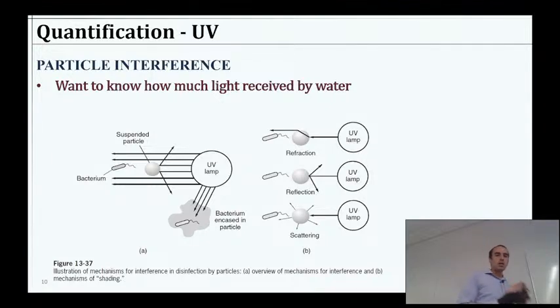But in general, it's just good to know the dose here is the amount of light that the solution experiences, right? So if we have large particles in there that could shield the bacteria and the viruses or scatter the light away, that's not so good. So we want to do our filtration steps beforehand, before UV light, to have nice clear water for it to transmit through. So that's what's illustrated here. If we have a UV lamp, but then a particle, the light's not going through, right? So there's a problem if we have a bunch of particles.